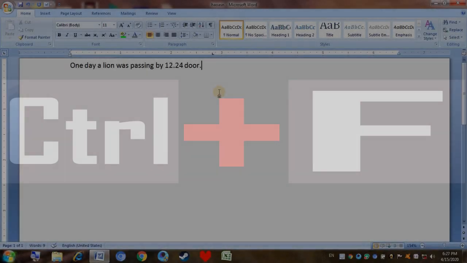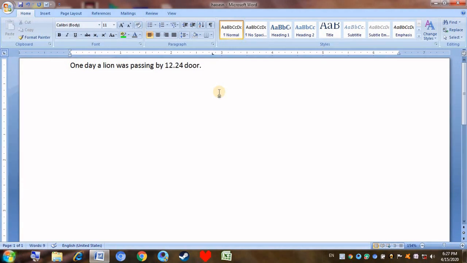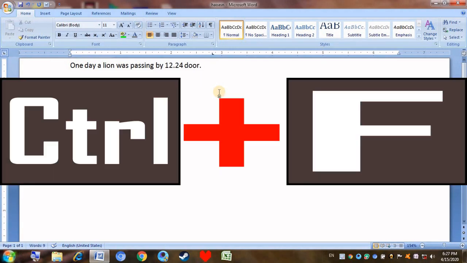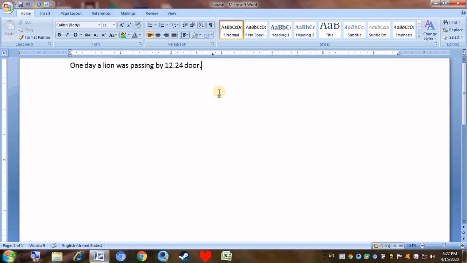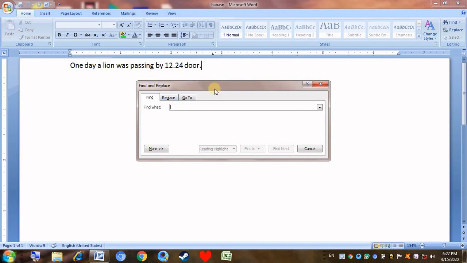Eighth shortcut, Ctrl plus F to find text, formatting and special items. So if I press Ctrl plus F, the Find and Replace dialog box appears. So if I search lion and if I click Find Next, lion would be highlighted. So this is really helpful in a huge document to find words. So next shortcut,